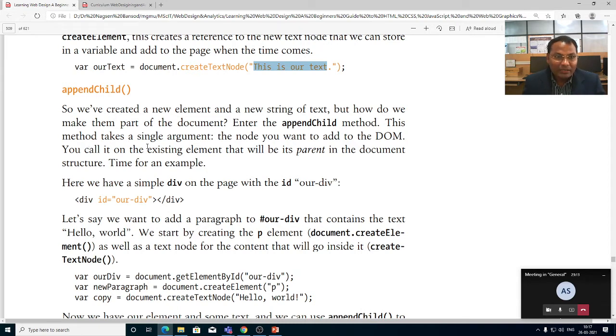This method also takes a single argument: the node you want to add to the document object model. You call it on the existing element that will be its parent in the document structure. Time for an example.